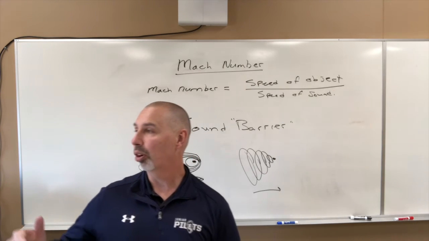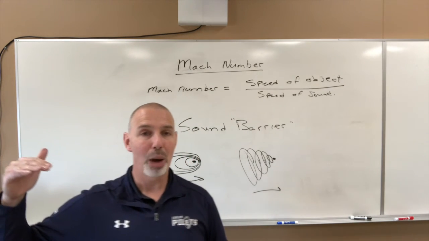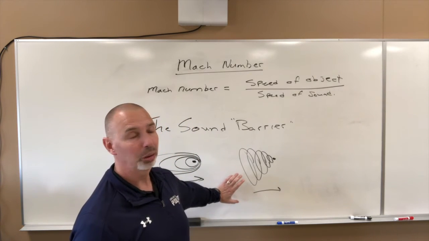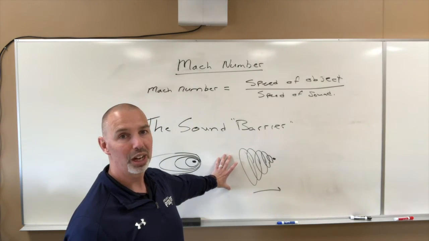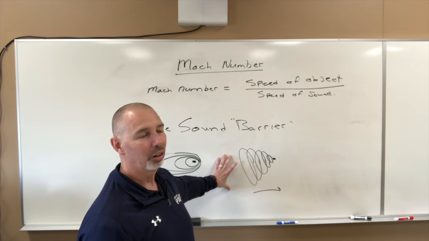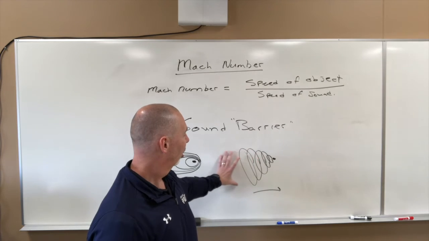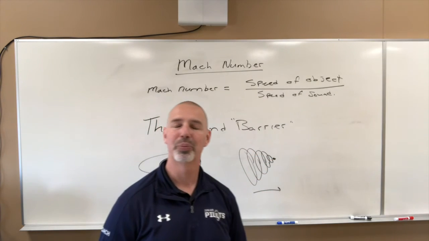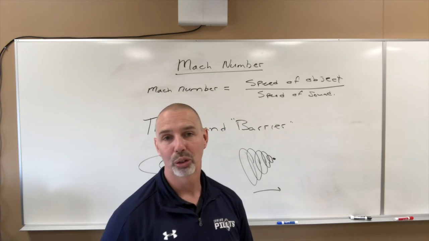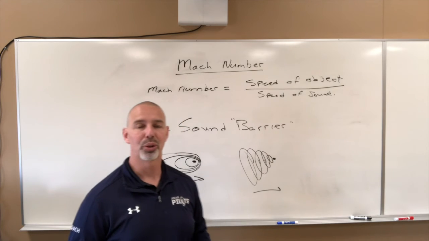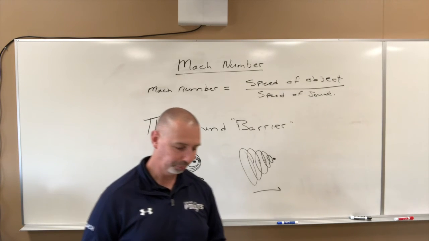And so if an airplane were to fly low to the ground over top of buildings, etc., if it was traveling faster than the speed of sound, this supersonic wave behind it could cause damage to things, depending on how low it is and where you are in relation to the supersonic wave. It could rattle your windows, could break windows, could do a lot of damage if it was too close to the ground, traveling faster than the speed of sound.